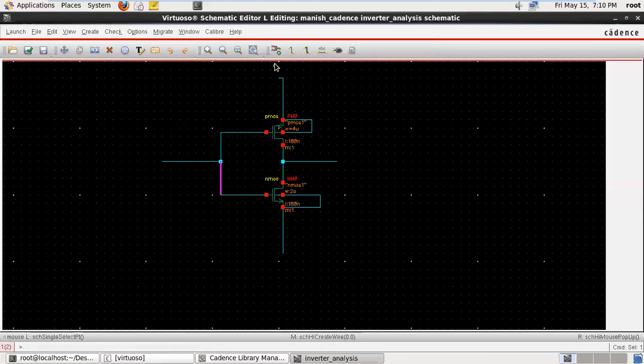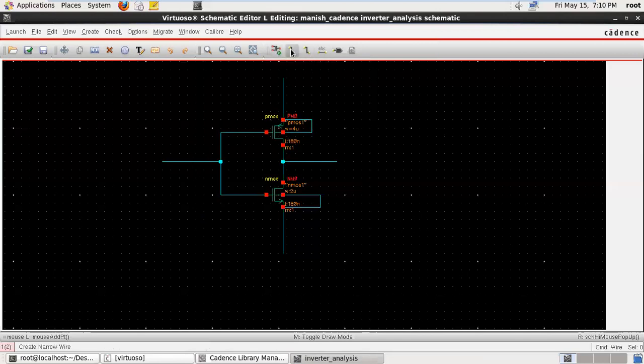Okay, we require the power supply. So just wait. So these 8 terminals are connected together.